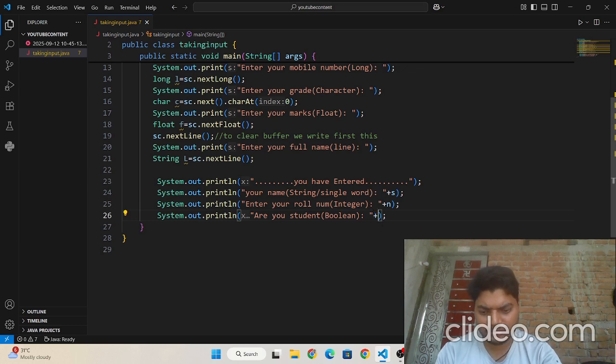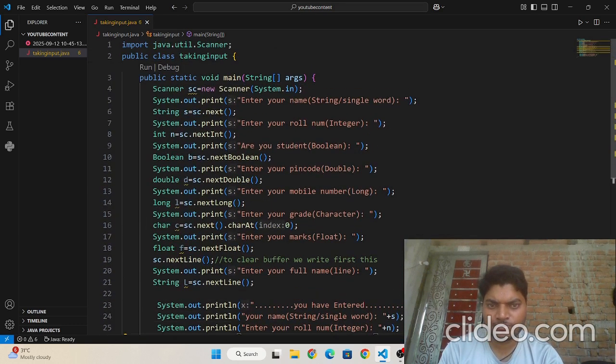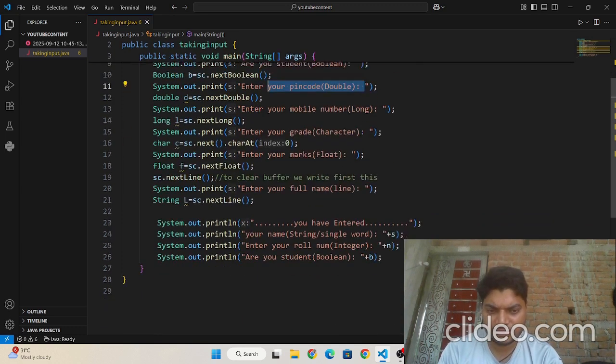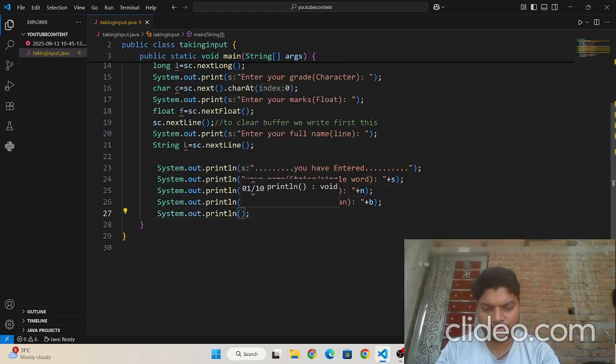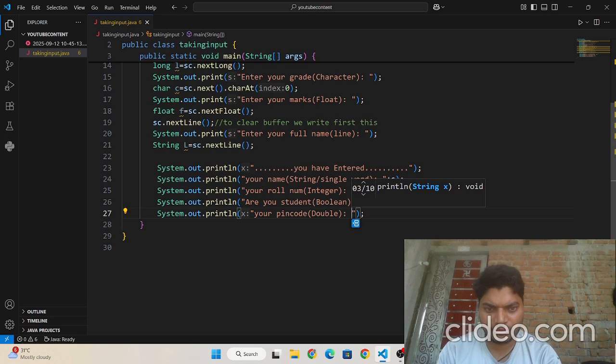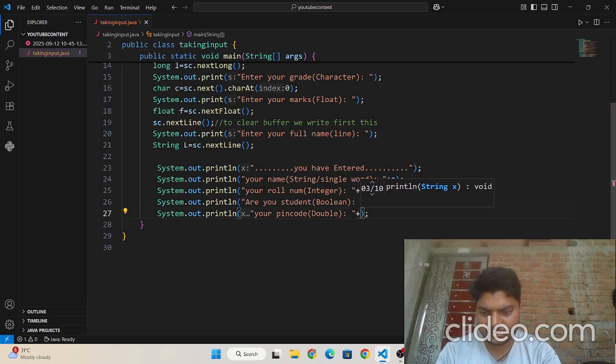So I need to write B. Then I'm taking pin code in double, so Control C, enter your pin code, and then sout, Control V, your pin code is D.